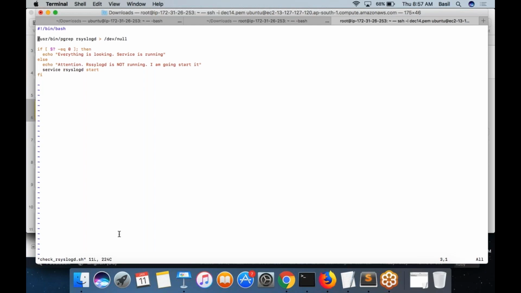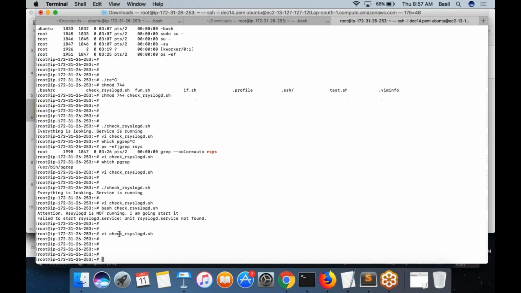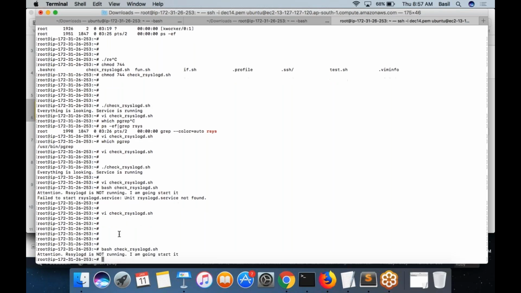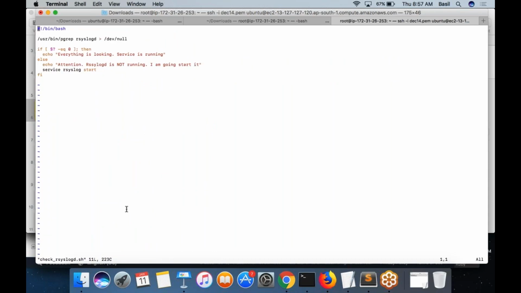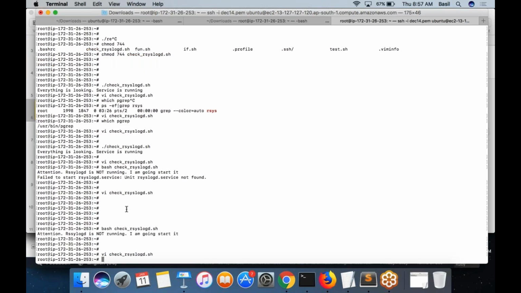Yeah, this one, right? Actually, I know that error. The service name is rsyslog. Basically, when I execute the command like this, it's working, right? But when I execute with dot slash, it doesn't look to be working. I don't know why it is. So forget it. I will check and tell you tomorrow, maybe.